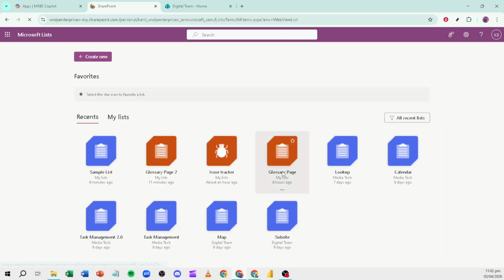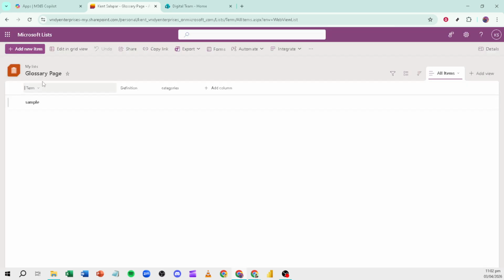With the list in place, let's make the columns match what a glossary needs. Rename the default title column to Term. This will store each glossary word or phrase. It's a good idea to keep this as a single line of text and mark it as required so every